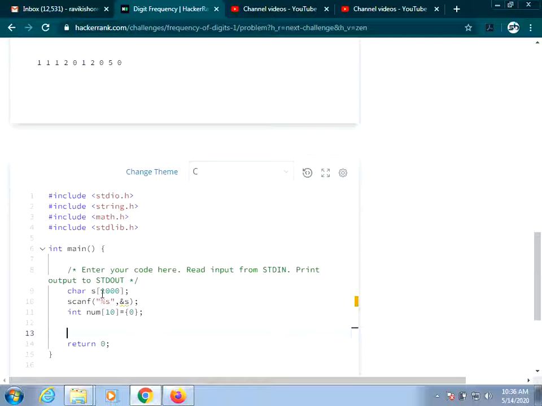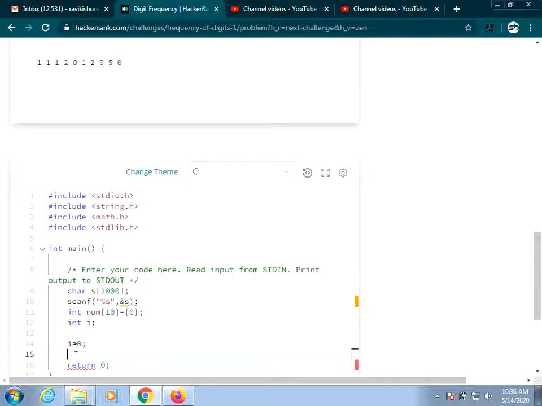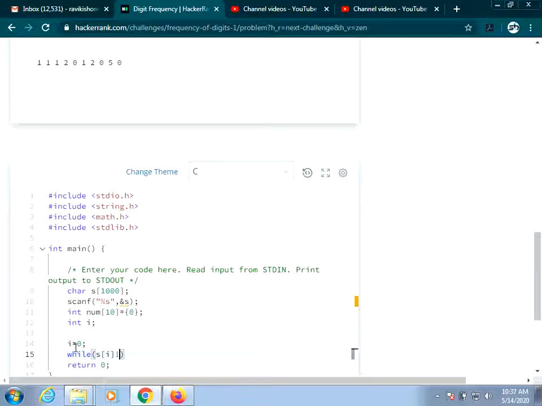Now, after getting the input of your string, I have to start from the first letter and go until the end letter. For that I will take a looping variable i. Next I will initialize this i to 0, that is, I start at i equal to 0, while s of i is not equal to the null character.